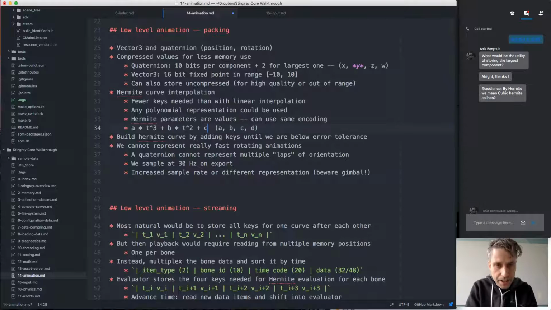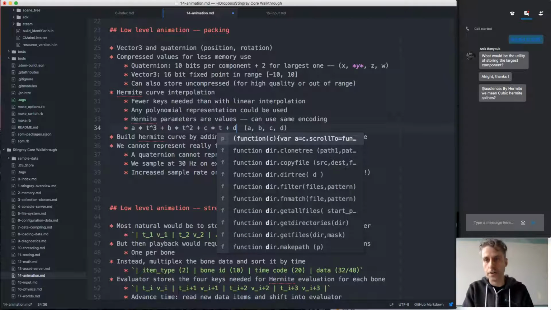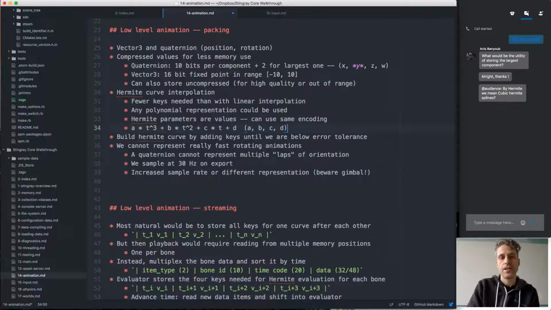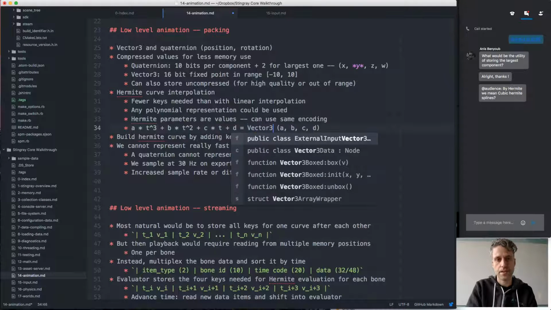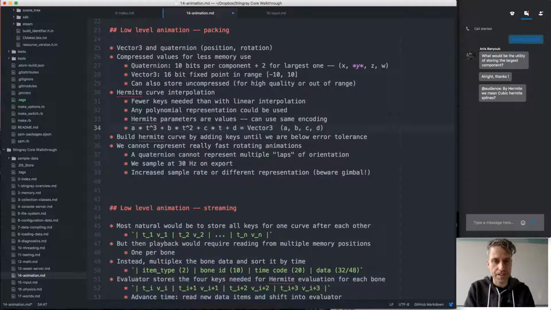Yeah, cubic Hermite splines, exactly. So the problem if we use a representation like this, and this would equate to a vector 3, is that